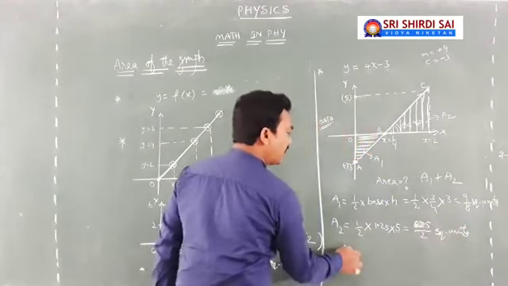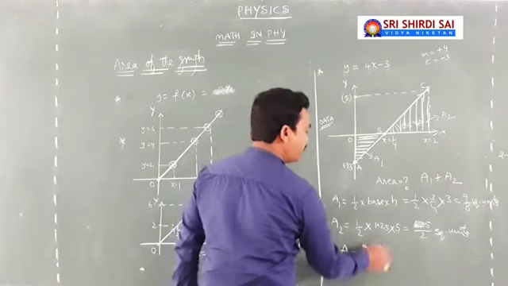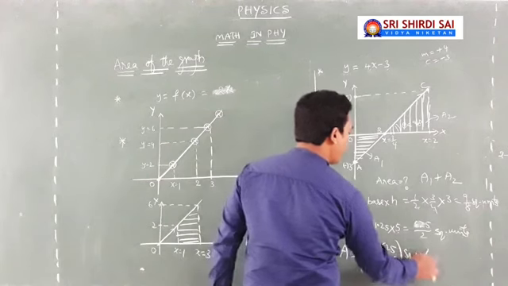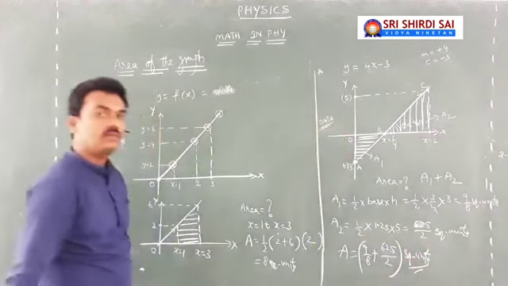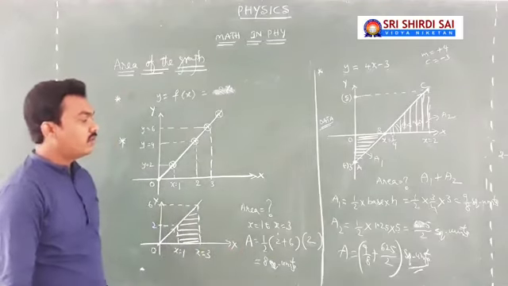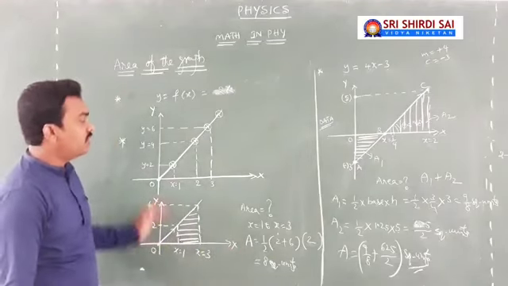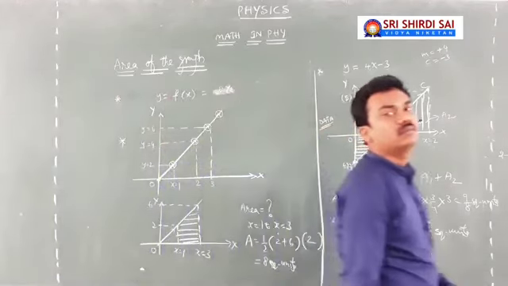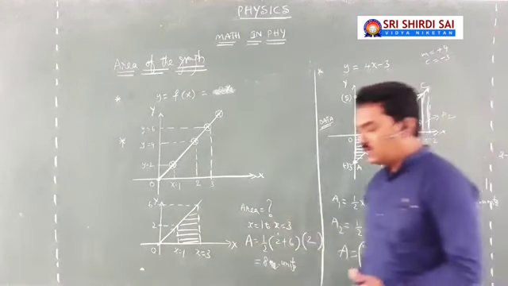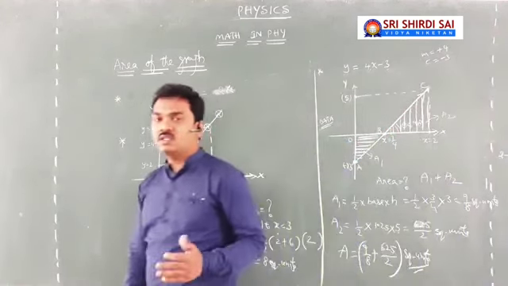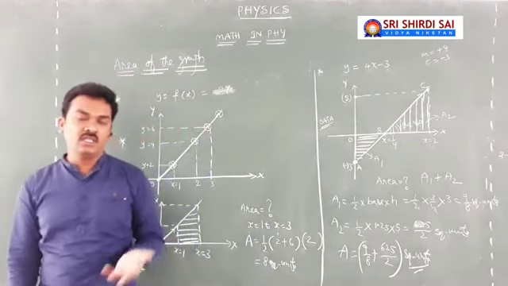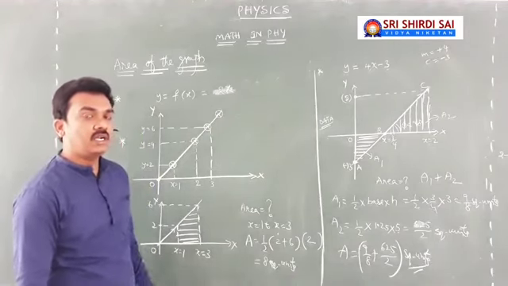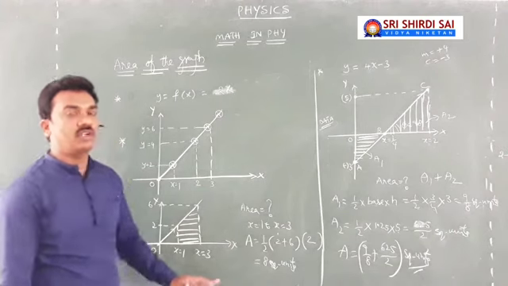Then the total area covered by the graph will be equal to 9 by 8 plus 6.25 by 2 square units. You go for the addition of this. So this is what we are going to discuss about the area covered by the graph in the coordinate system. This is what you need to learn. Earlier you all dealt with the graph and the slope, of course, the graph of a straight line, the graph of a curve. Now here it is all explanation about area covered by the graph in the coordinate system.